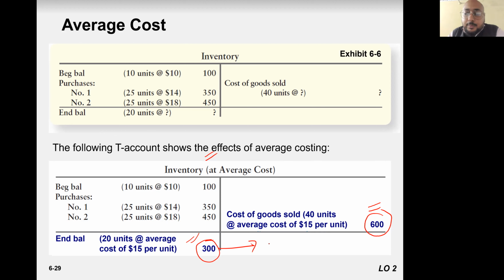This will go to the balance sheet. This will go to the income statement. So this is the T account for inventory. All right. So average costing is not a big deal. It's very easy. But does it make sense? In some cases it makes sense, but in all other cases it's very hard to find out the averages and